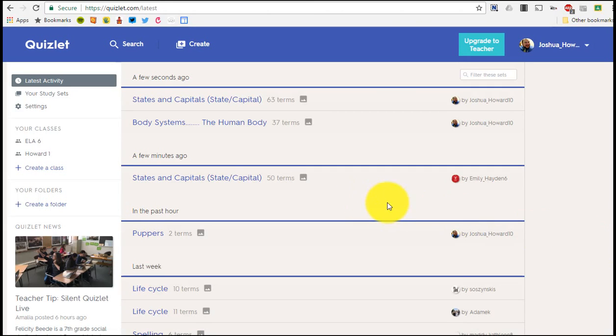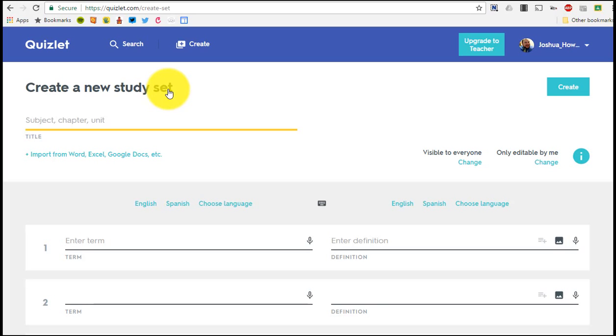The other way that we're going to create a set is by actually creating our own. So we'll come up here to where it says create, and we're going to start entering some information. So maybe I want to do one about pets. And I'll come down here. So I'm going to type pets in here for the title,